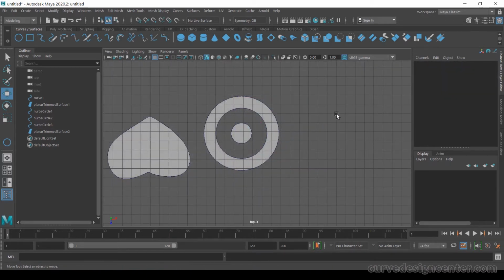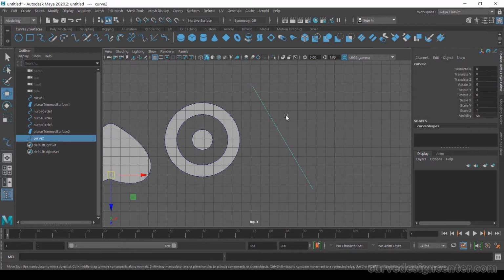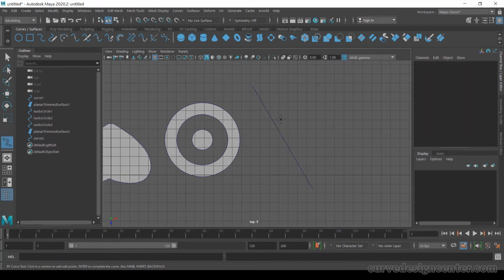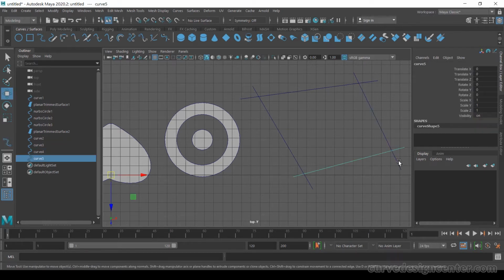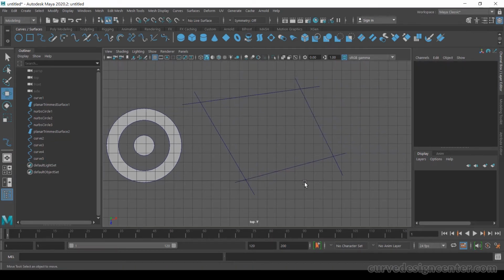Let's take another example. We create simple intersecting lines. If you want to repeat the last used tool, press G. The last tool will activate. So I create 4 intersecting lines.